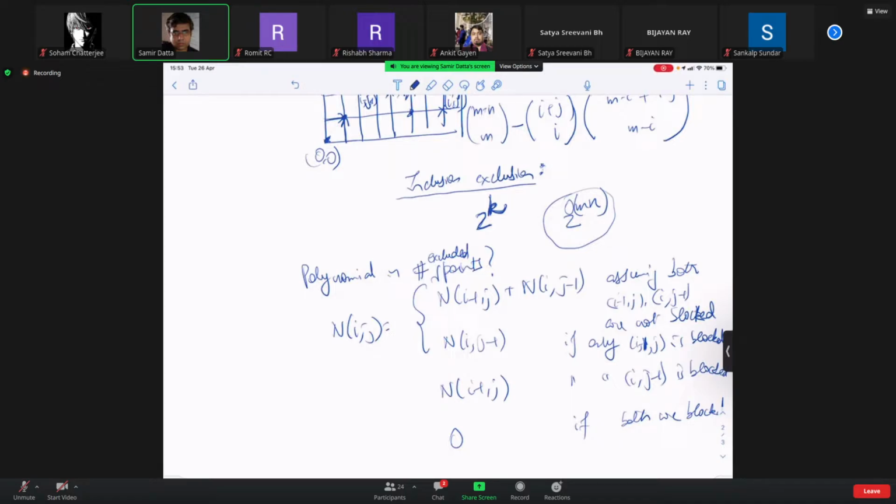Correct? Now, what are the base cases? N is equal to 1 if